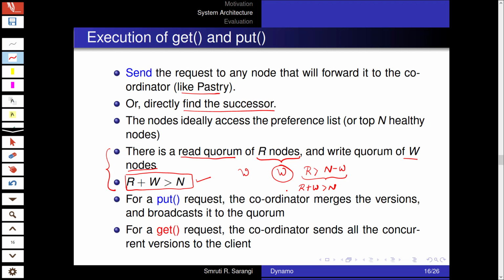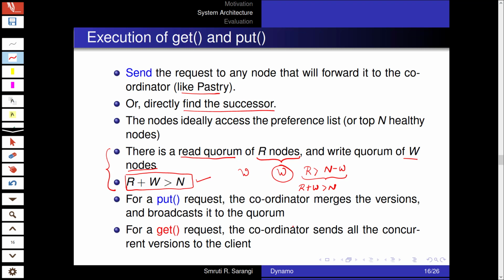There are many ways of looking at and thinking about this. As I said, there are many different kinds of complicated logics that can be implemented on a Dynamo system, and so we do not want to constrain it in any way. Of course, if the server or somebody else can automatically merge the conflicts, it is the best. Otherwise, the client needs to do it.